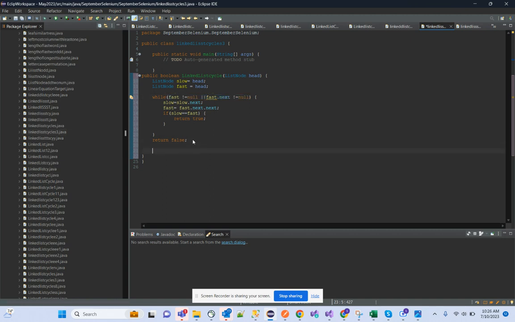And time complexity wise, it is big O of n, and space complexity wise, it is big O of one space, because we are not using any data structure over here. So space is O of one,